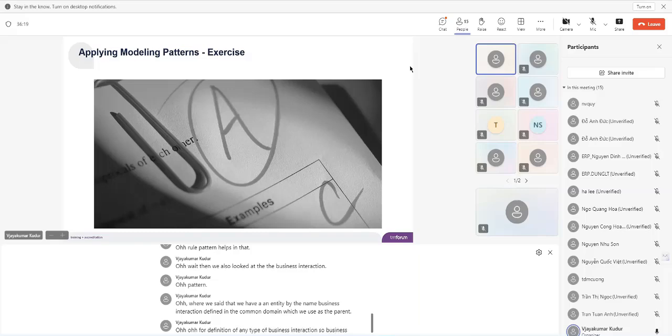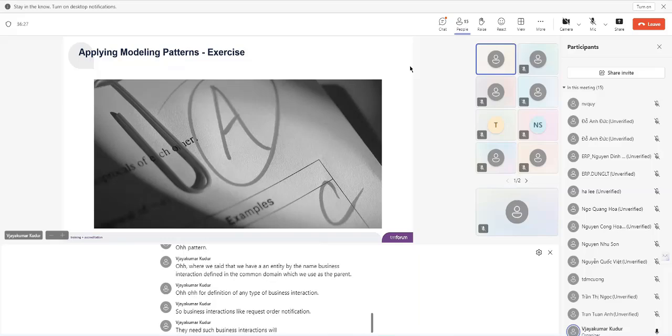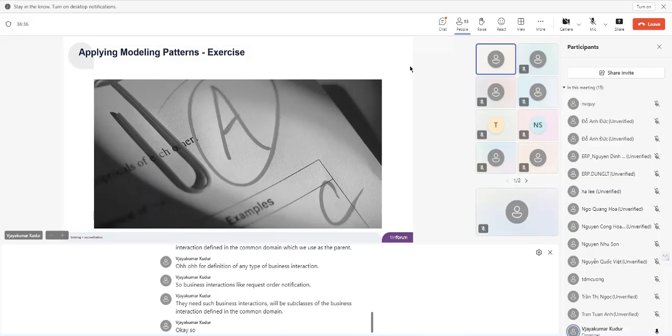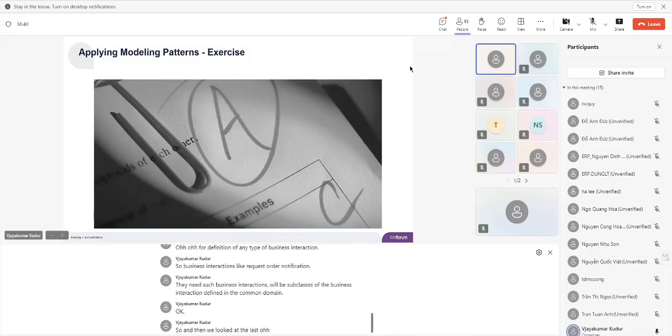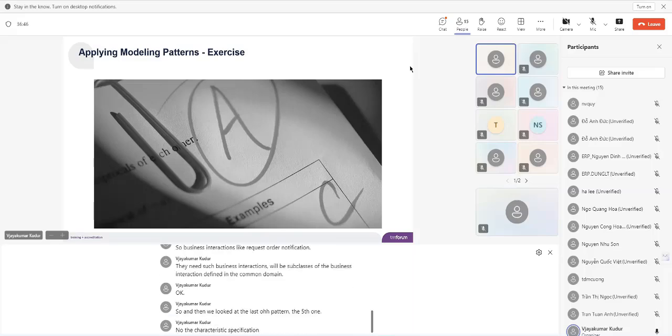So business interactions like request, order, notification, any such business interactions will be subclasses of the business interaction defined in the common domain. And then we looked at the last pattern, the fifth one, the characteristic specification, characteristic value pattern,